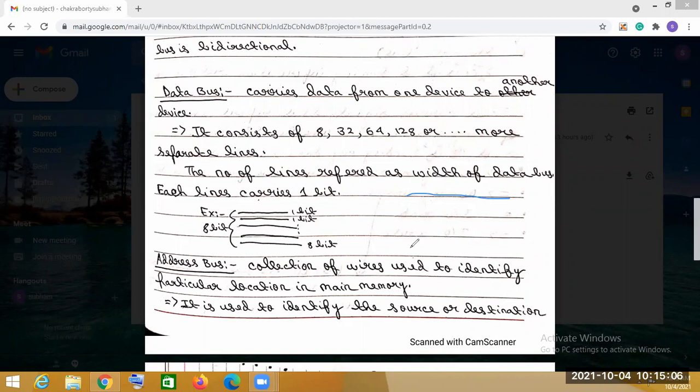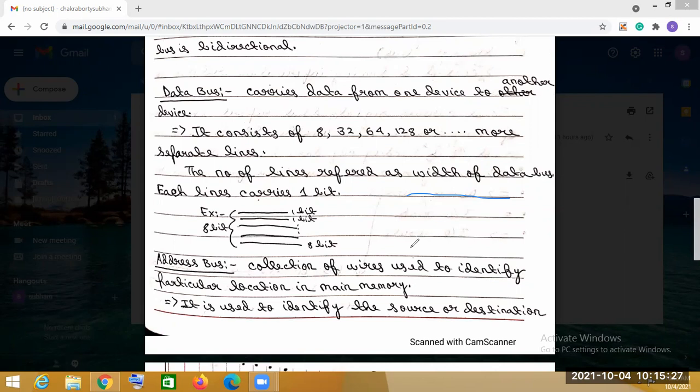And what is the control bus used for? The control bus regulates the activity on a bus. Now, what does that mean?